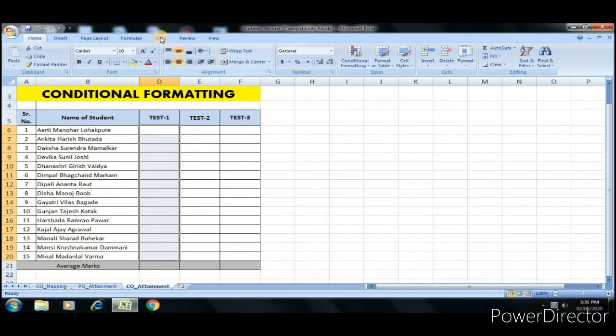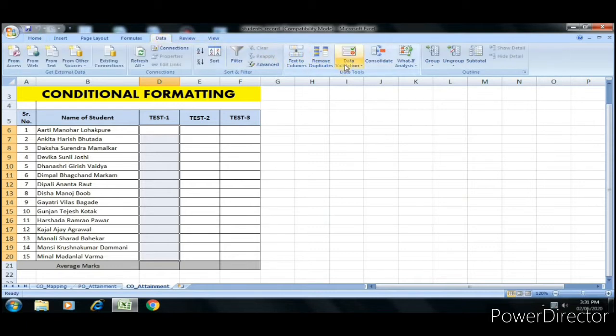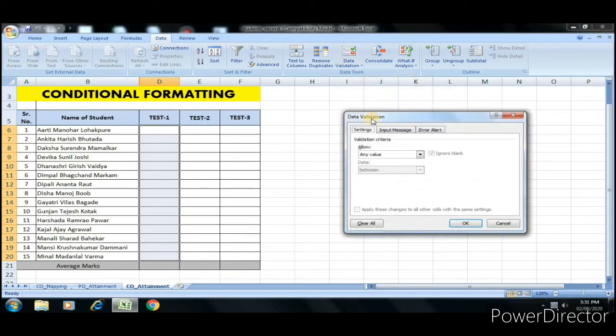To set the data validation, go to Data Validation and select the first choice, that is Data Validation. Now in the Settings tab, we have to set the validation criteria. We can allow any value, whole number, decimal, list, date, time, text length or custom. The marks must be digits, that's why we have selected whole number.